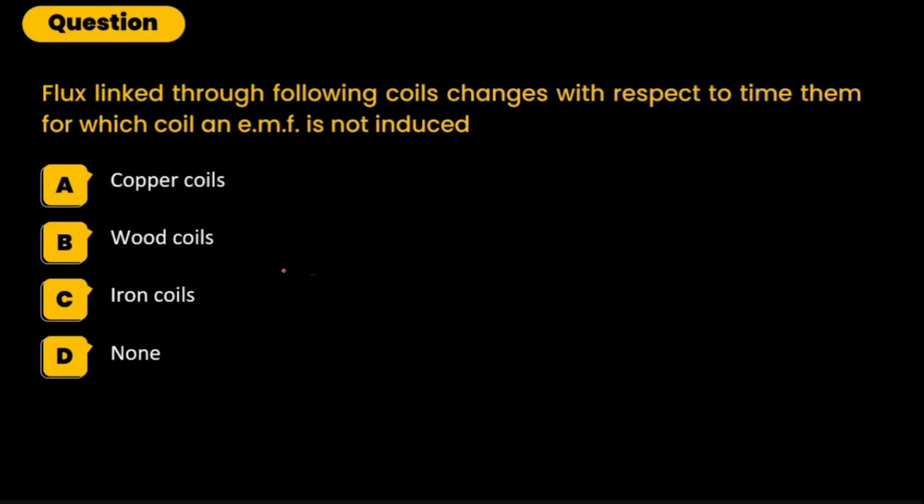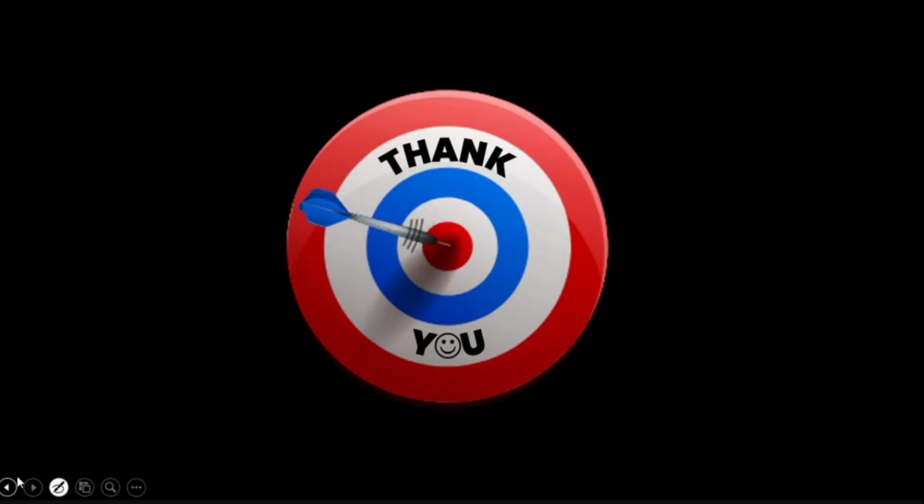So we can do this question also. Flux linked to the following coils changes with respect to time, then for which coil is EMF not induced? For those coils which are not conductors in nature, obviously, there will be no induced current or no induced EMF if the coil is not conducting in nature. So you can say it's two coils. So that's all for the class. That's all for the unit. And again, there are a lot of things which you can discuss in detail, like we can discuss vectors here, we can discuss